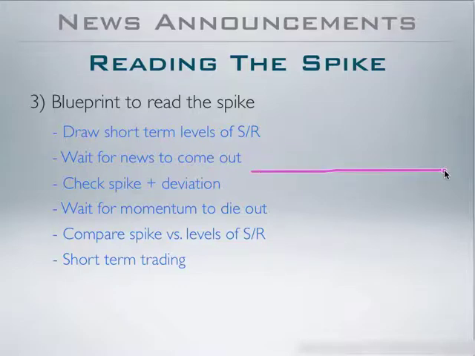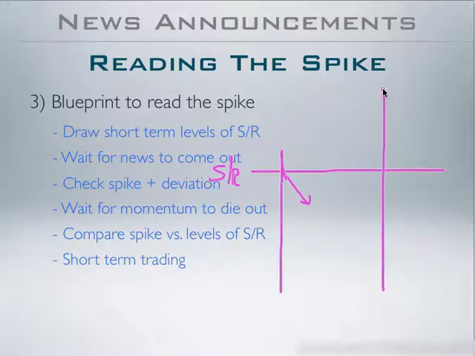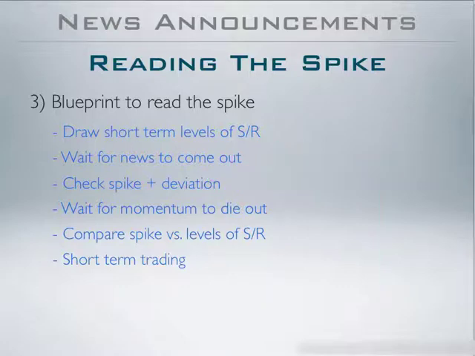Either our technicals, our levels of support and resistance, are strong enough to fight back the spike, and therefore we should see price rebounding down off that level, even if we get a temporary breach. This is still okay. Or on the other hand, we could see price and the spike solidly breaching through our technicals, and therefore that means those levels of support and resistance were not that strong to begin with. Those are the only two possible outcomes we may get here.